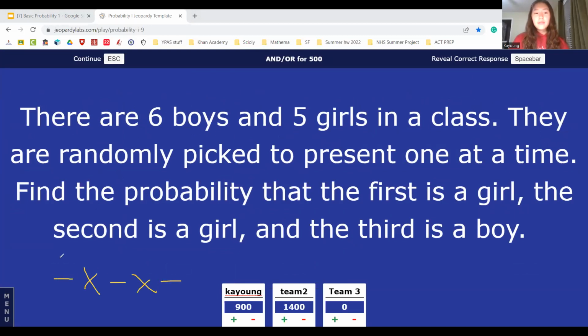First, 5 girls out of the 11. Then if you already went, then you're not going to go again. So now there's 10 people left, and then 4 girls only. Now there's 9 people left, but there's still going to be 6 boys. So I think this is right. So let me do the math. Cancel 2, cancel 2, 2/3 instead. Okay, so this is kind of messy, but 4/33.